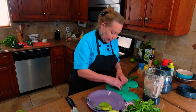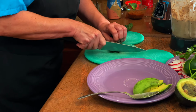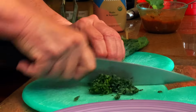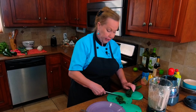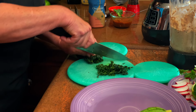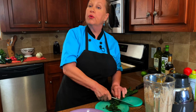So I'm going to stack it up like I'm going to roll a little cigar out of it, and then we're going to hold our knife really close, tuck the fingers, and then we're just going to cut small ribbons of the kale. Hey, nobody wants a big hard mouthful of kale. That's why a lot of times in the gourmet restaurants, they massage the kale with salt and olive oil before they put it in the salad. This way, the salt and the olive oil start actually breaking the kale down before it gets composed into your